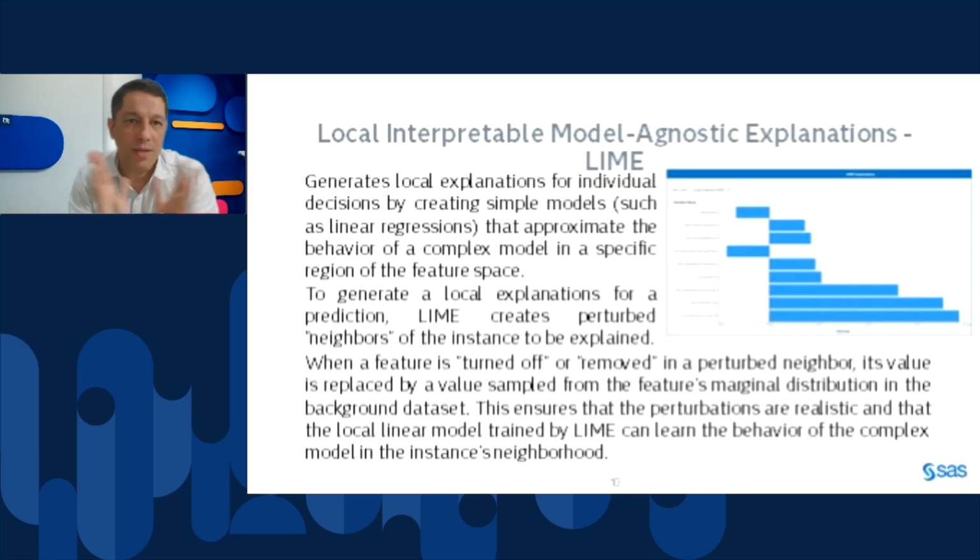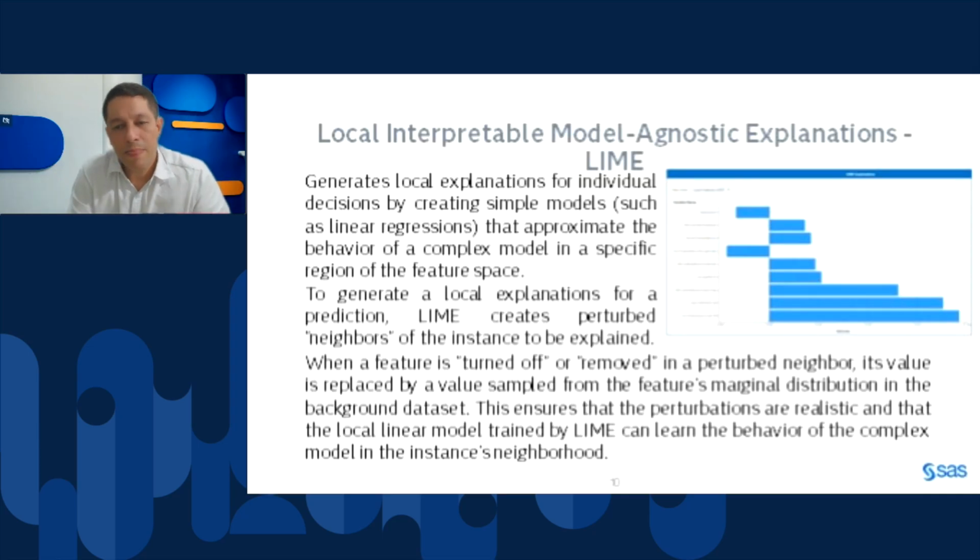Then imagine you have four features: x1 10, x2 15, x3 20. I can change 10 to 9, change 15 to 16, around that instance, and generate similar samples.